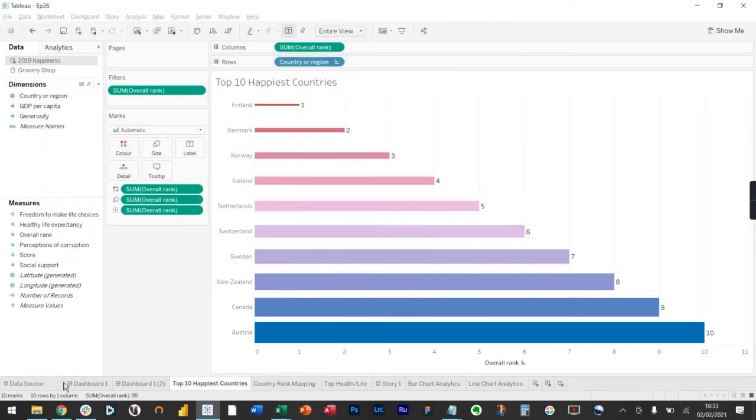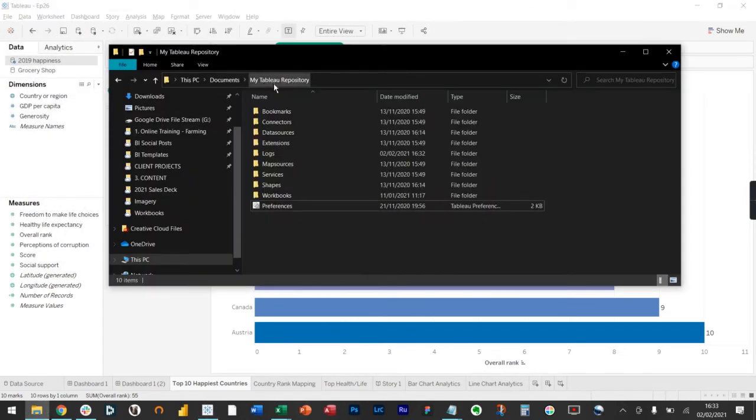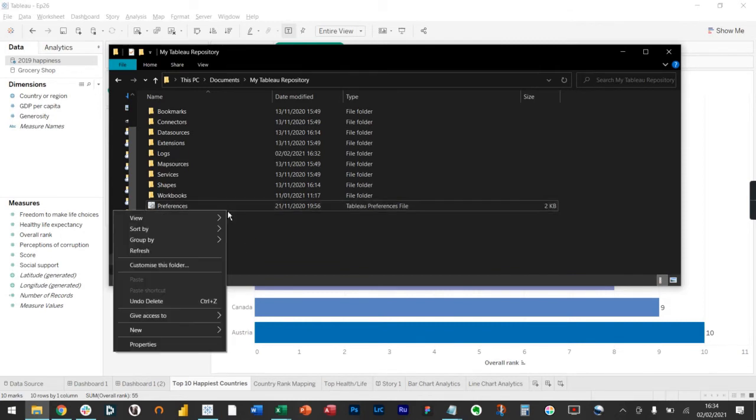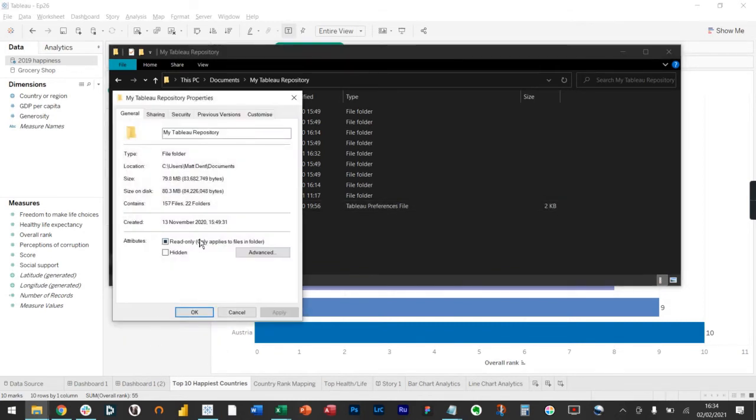So if you close that and go to your File Explorer and go to that same place, mine's just Documents, Tableau repository, you'll see at the bottom here there is a Preferences file. Now that is a Tableau Preferences file type, and if you press Properties on that, you'll see that,